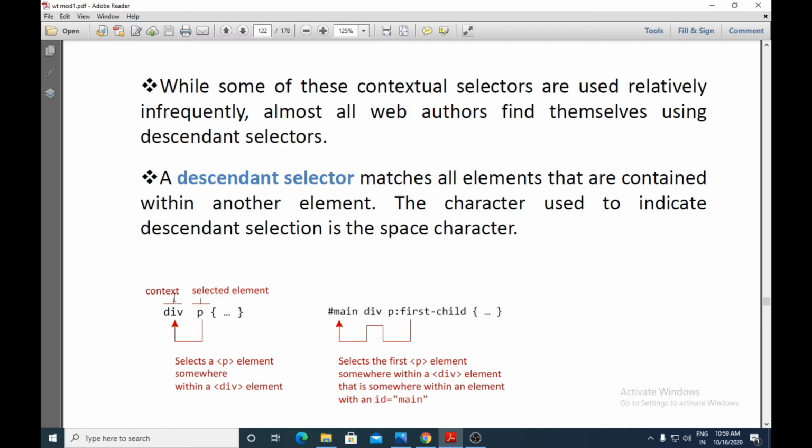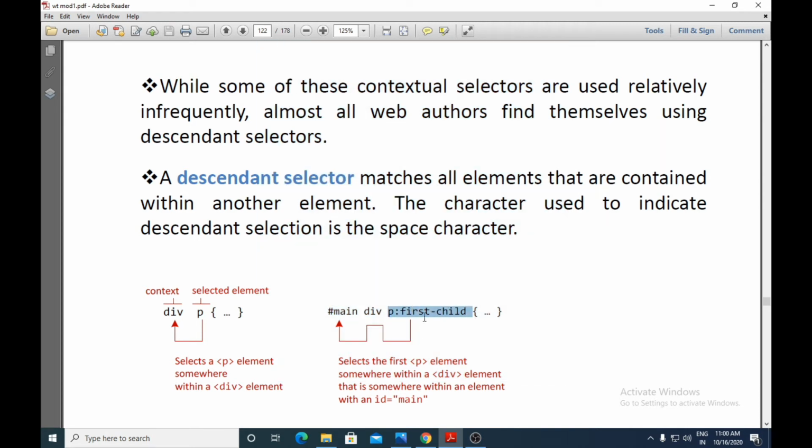Div is here, then you have the p element. Here space means any p element within a div element. So it selects a p element somewhere within a div element. So you have here a combined selector, and what you are doing here is, this is a pseudo selector here.